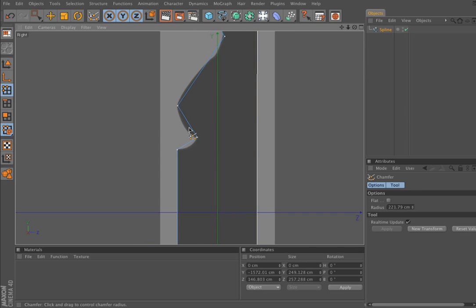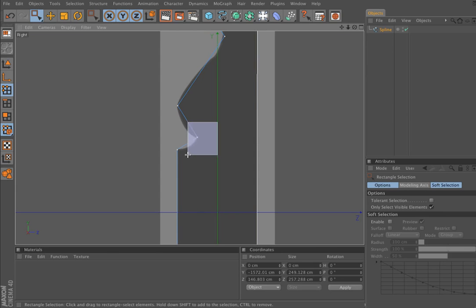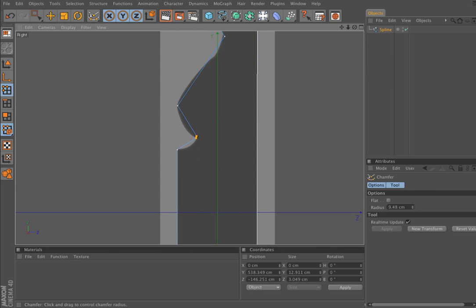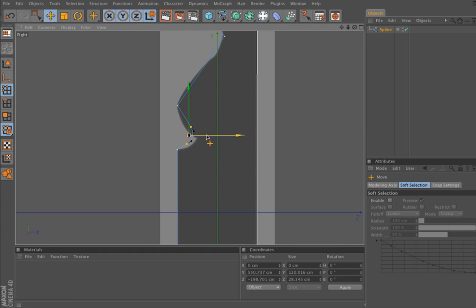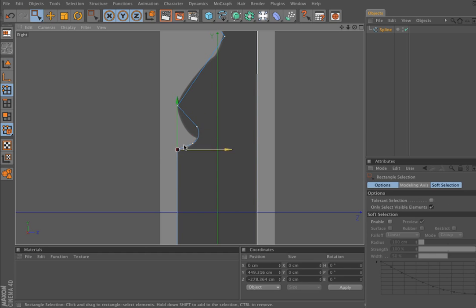If you press the space bar, it will go back to the previous tool. Let's press the space bar again, and it will go back to the chamfer tool. So just add a little bit of curvature to that. Now if I go into the move tool, I want to move these back a bit, just move them down a little bit. I'm going to actually move this point down as well,